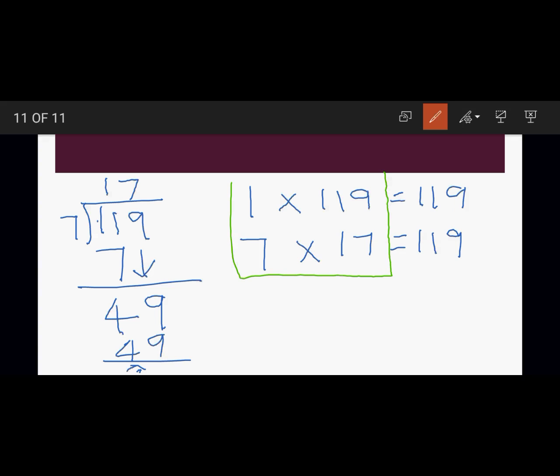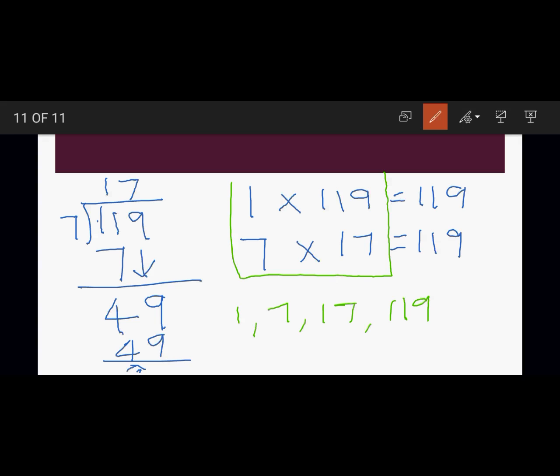So, the factors of 119 are 1, 7, 17 and the number itself, 119. Please write it as a statement. Get into the habit of writing everything down. We will listen and we will forget after that. It's not an oral activity. All of you should write. At the end of this period, please submit your classwork notebooks. I'm going to create an assignment today. I want to see all your work. Textbook and notebook, please take a picture and post it.